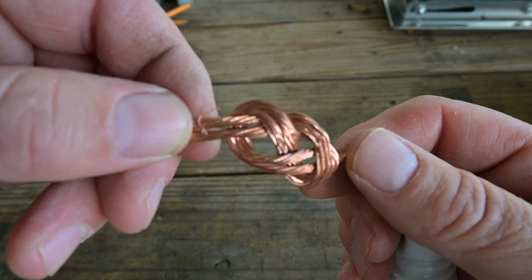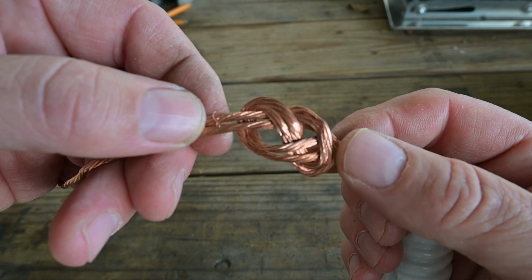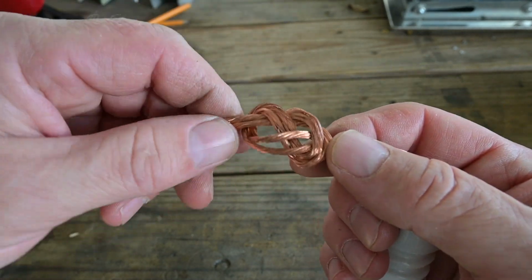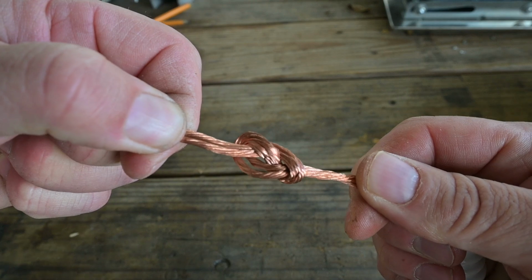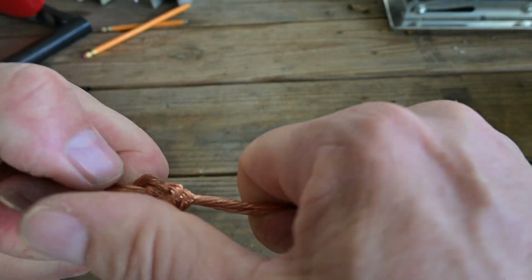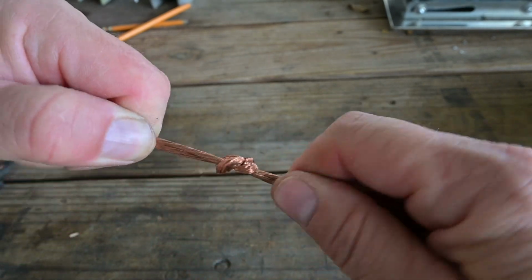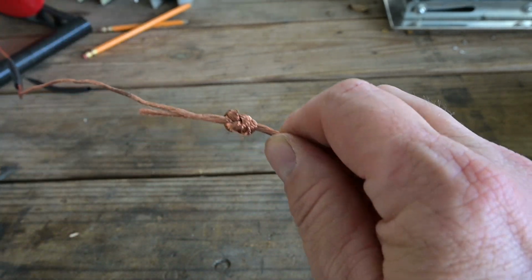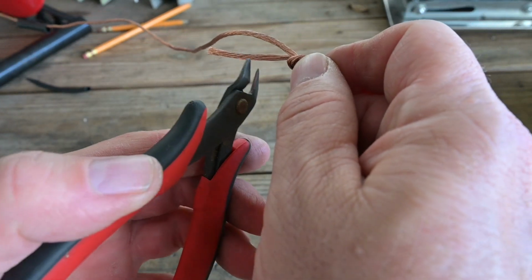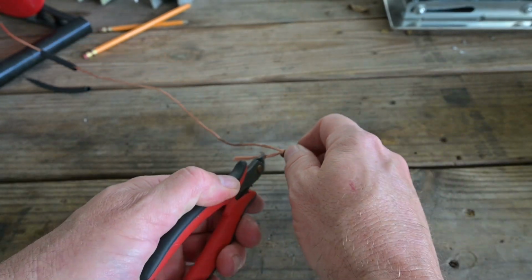So here's a close-up to give you a good idea what the knot looks like. Like I said, all you're doing is you're following through with the tail, and just go ahead and pull that tight and dress your knot up. Take your cutter, trim your tail up,